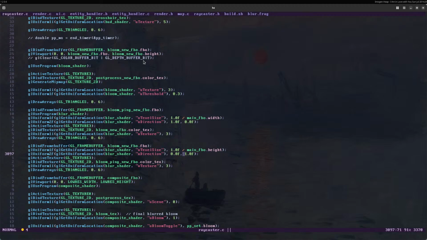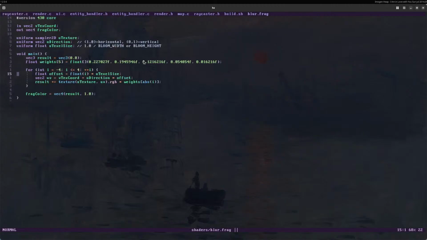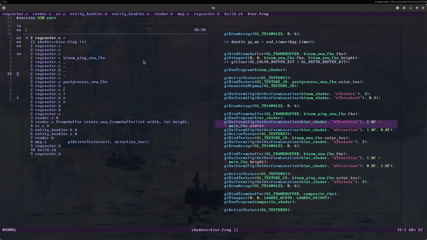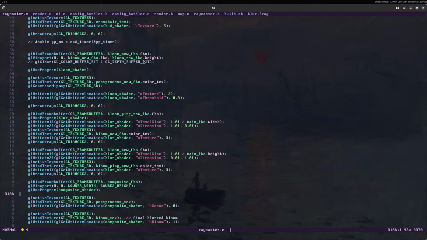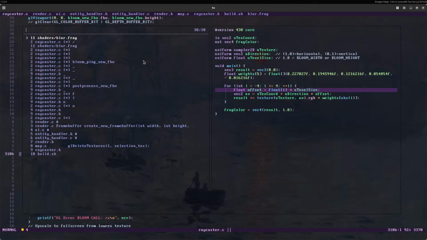it took a while to get it working, because once you downscale from your main resolution, it can bug out. But yeah, it's because of this utexel size that is kind of the key. The offset here, you have to multiply it by that so that it upscales properly at the end. But you don't have to worry about that if you just do it at full rendering resolution. Yeah, and then the composites